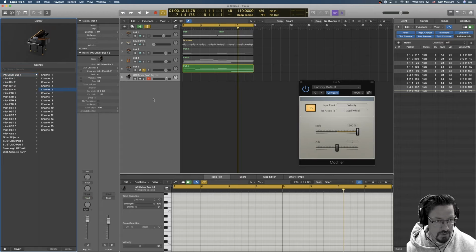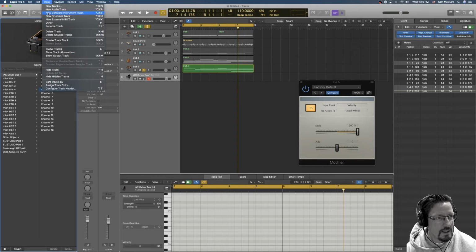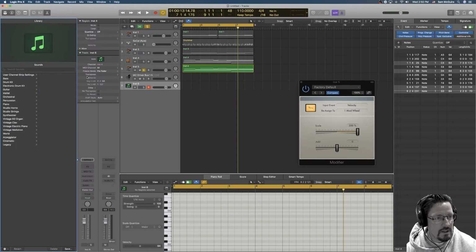So we can use the MIDI effects on one channel, send out the data. Actually, we don't do it through the IAC driver on an external MIDI track. That's wrong, I think. Well, no, it could be right. If we're using data from like an instrument or an external controller, then we can bring it through the IAC onto any other track. The other way we would do that is a software instrument track,